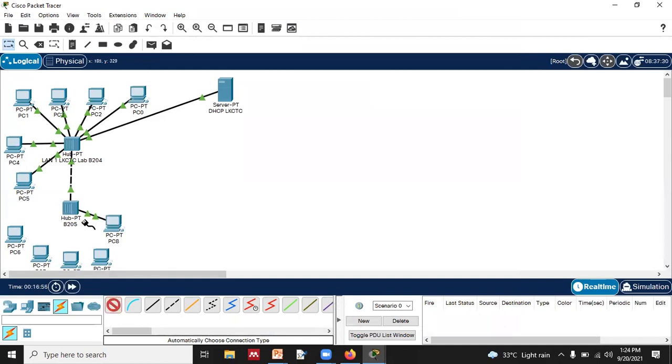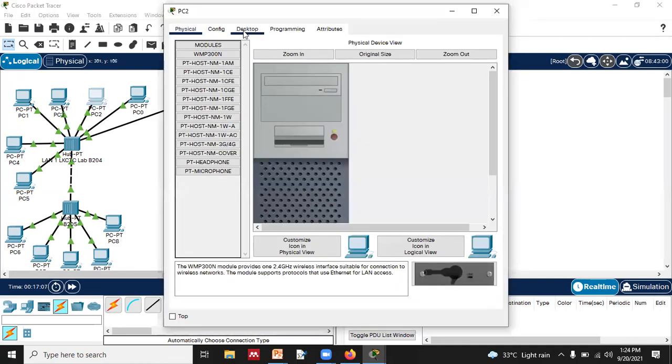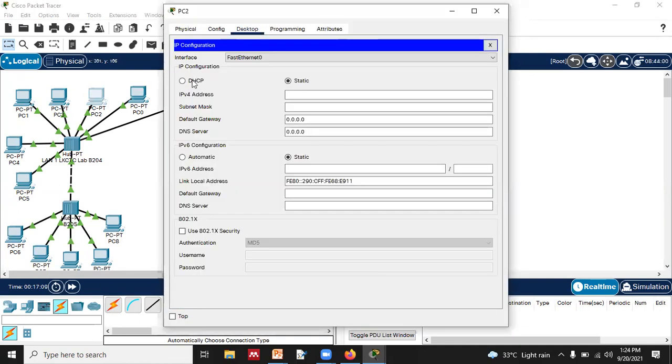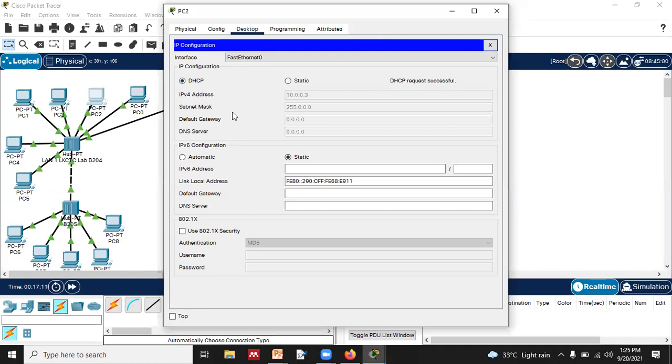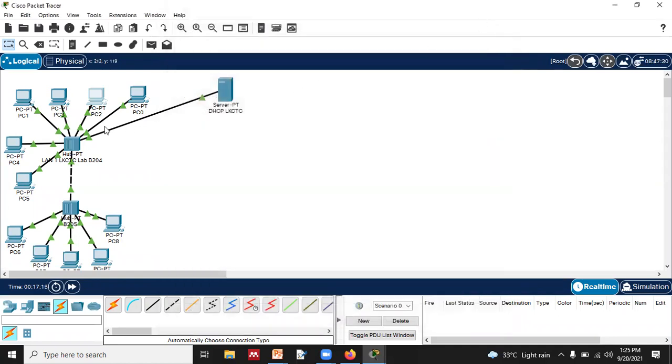Let's connect all the devices, right? One by one, like this way, right? Now we have to make sure that DHCP is enabled in all the devices.